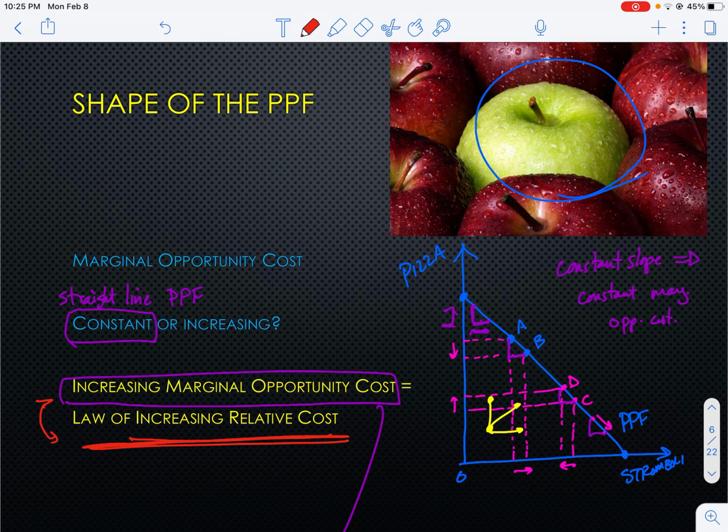Be familiar with that, straight line or bowed out, concave relative to the origin, and know what that corresponds to in terms of the marginal opportunity cost. And so I guess to finish this out, if it's increasing, right, then you have one that is concave relative to the origin or bowed out. So there you go. That covers that model, the first model that we're going to talk about, the PPF. And if you have questions,